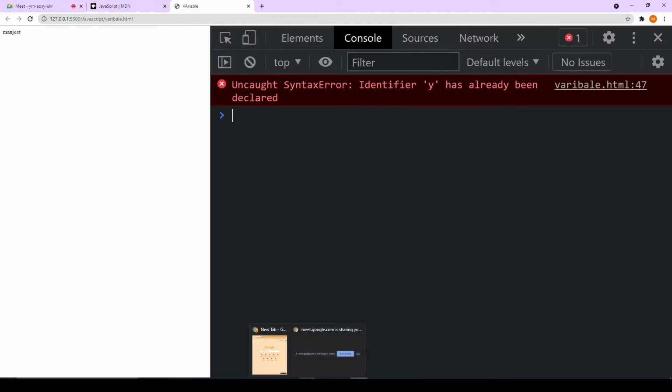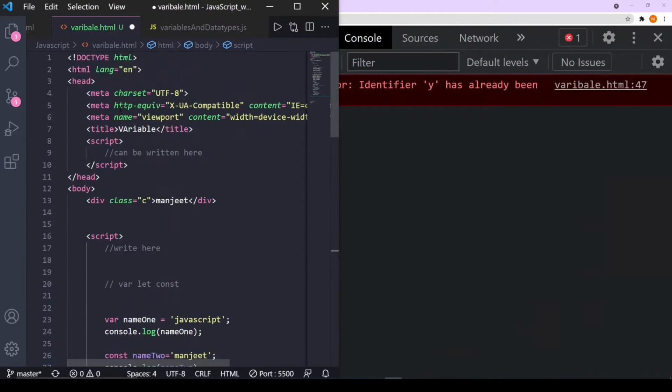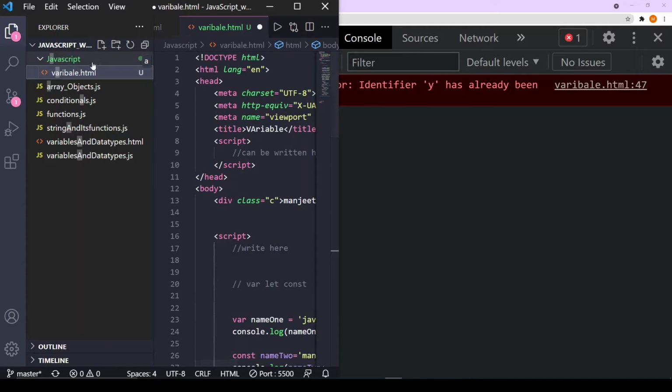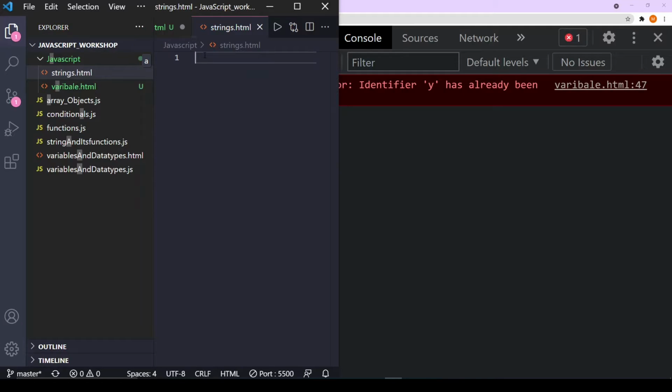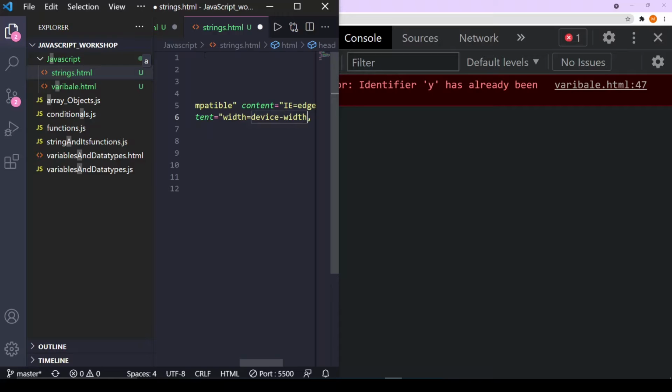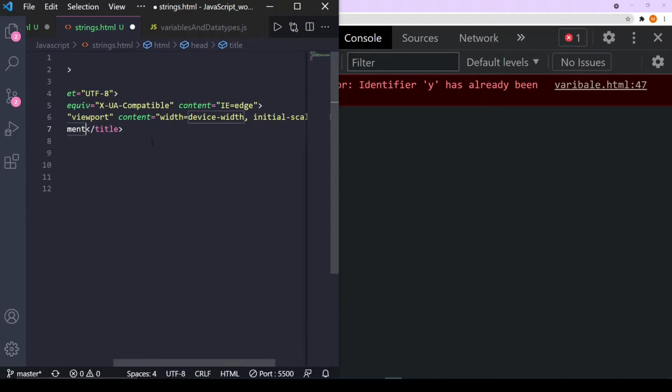So let's see how we will define this. Now we will make another file so that it doesn't get messy: strings.js. Let's again get our basic HTML structure, rename it to strings.